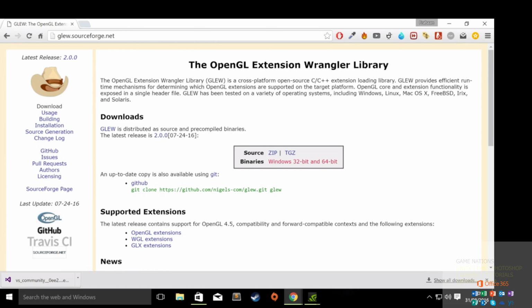That will give you a compressed file. Once you've downloaded that, just unzip it and put it somewhere where you're happy with it residing, because this project and any other project that you create will reference that directory, so you don't want to be moving it around, because you will have to redo the settings on your project. Once you've done that, you want to go to